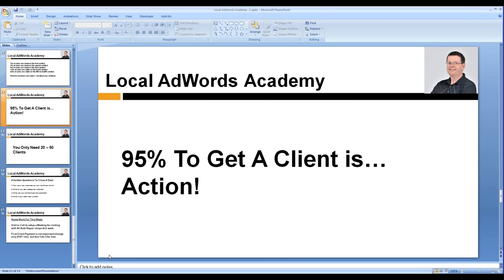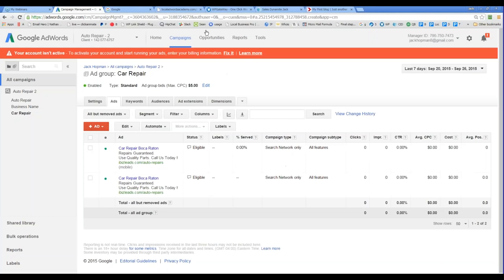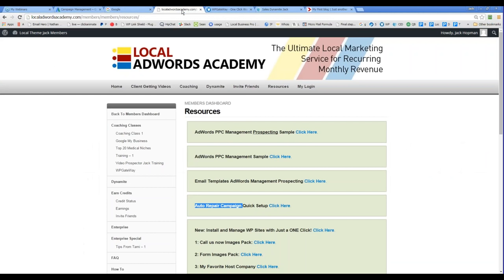Let me go to the membership site. And then you will see on the resources, AdWords PPC management prospecting sample. You guys see that? So it is a Word document.